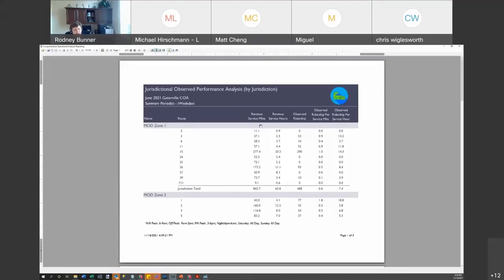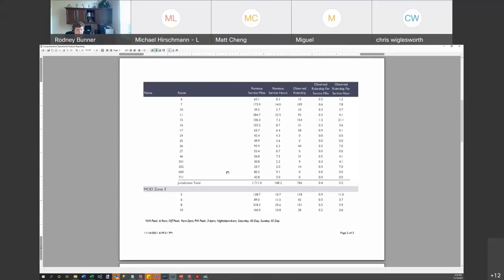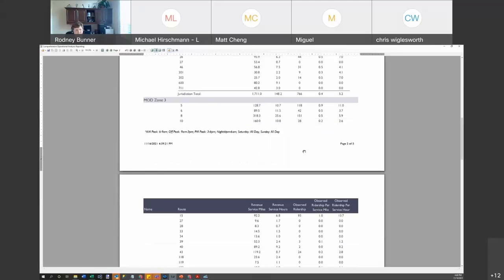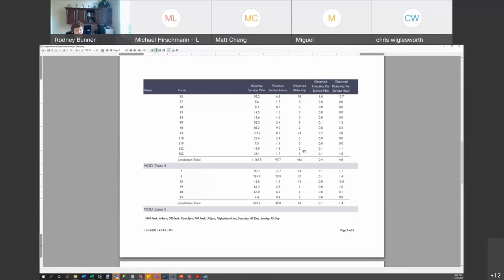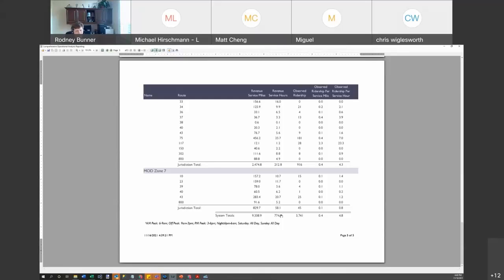These are the revenue miles in MOD Zone 1 for Route 2 and so on, and then the total for MOD Zone 1. The number of revenue hours, the observed ridership, the performance in terms of observed ridership per mile and per hour. And then you go to, oh boy, I'm getting tired, MOD Zone 2 and the total for it, and MOD Zone 4, 5, 6, 7, and then you have the totals at the bottom